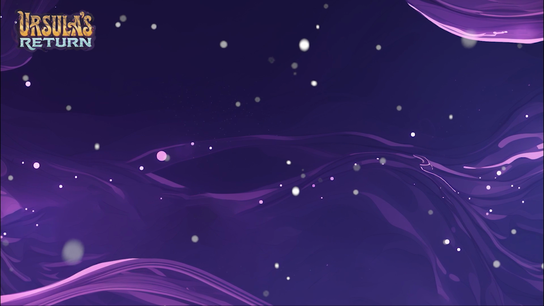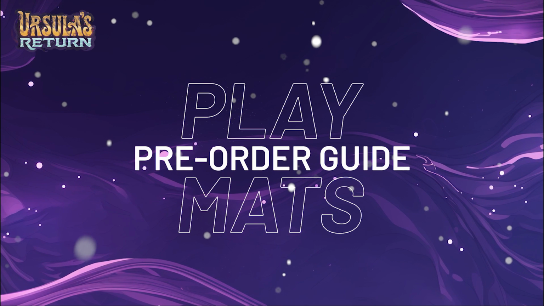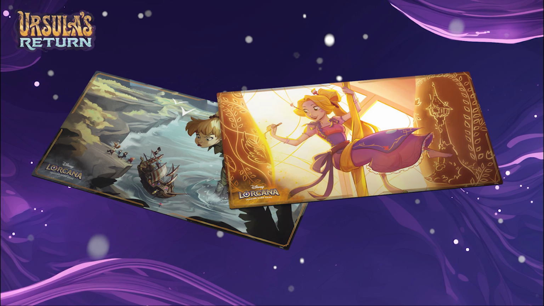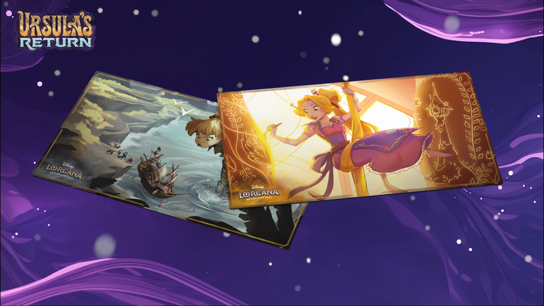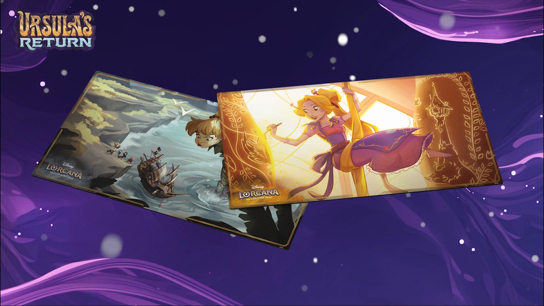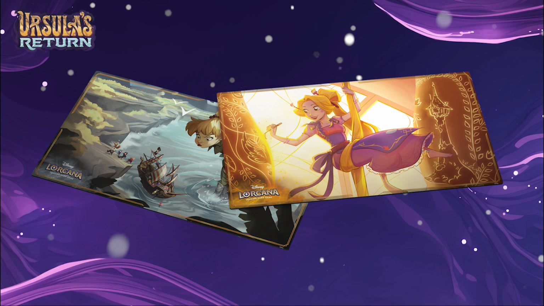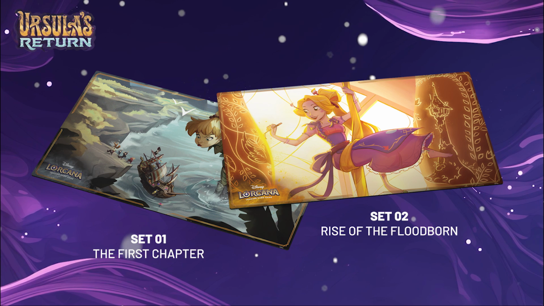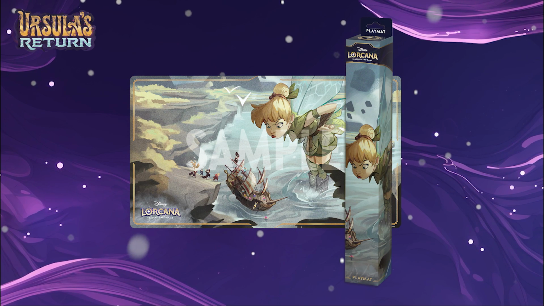Ravensburger has announced that, different from the previous sets, from now on their choice of playmat arts doesn't have to be drawn from the current set. With that, 2 new playmats will also be available for purchase for Ursula's Return. These new playmats are going back to sets 1 and 2 arts, featuring a Tinkerbell Giant Fairy playmat and a